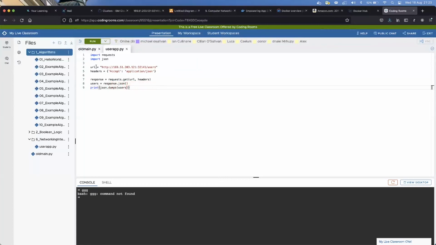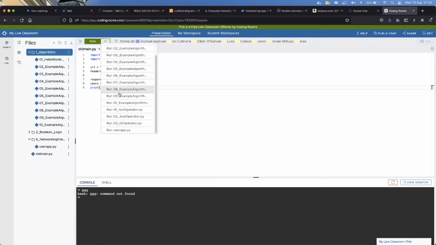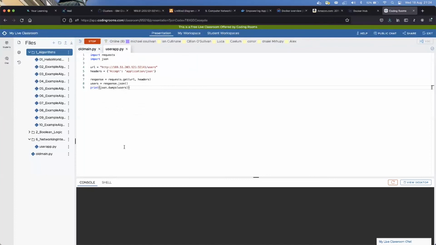Okay, so this should connect to our app and pull down the users data, just like we've seen with curl and on the web browser. Now, Killian, are you in a position? Well, I'm screen sharing, so I'll do it. If I now run Killian's app, run user app, see, nothing's happening, and the reason nothing is happening is because it's blocking us from sending requests out of the